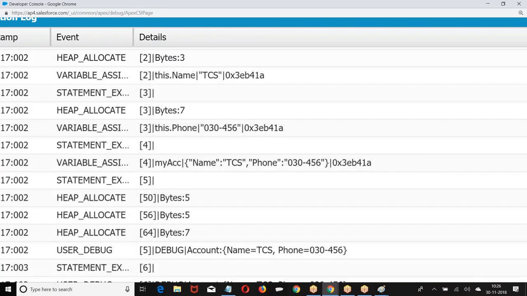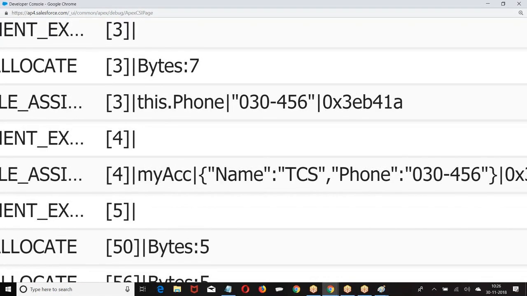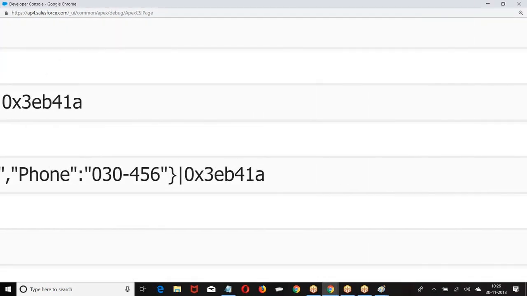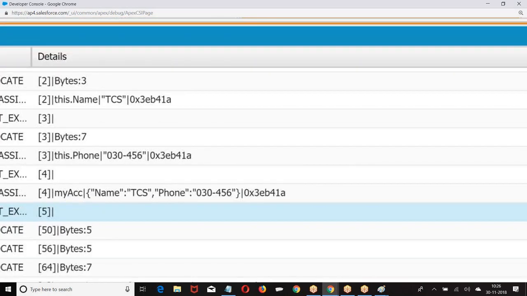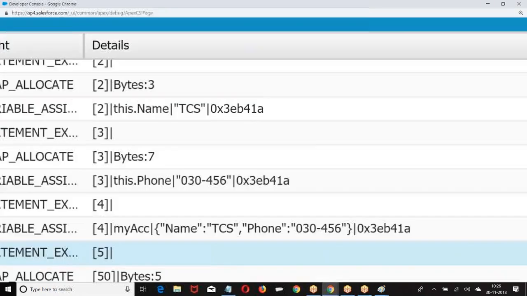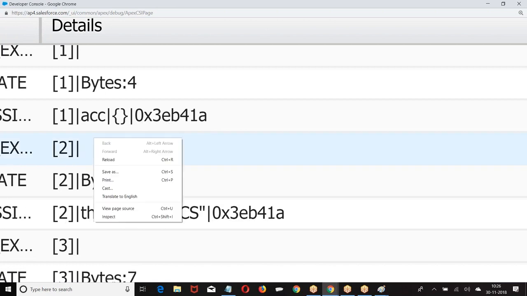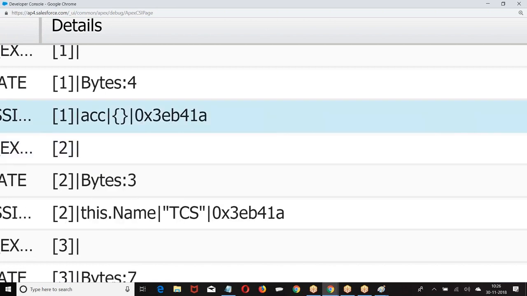Now, myACC, what is the memory? 0x3e B41A. Whatever the memory was given for ACC. When you create ACC, new memory is created.